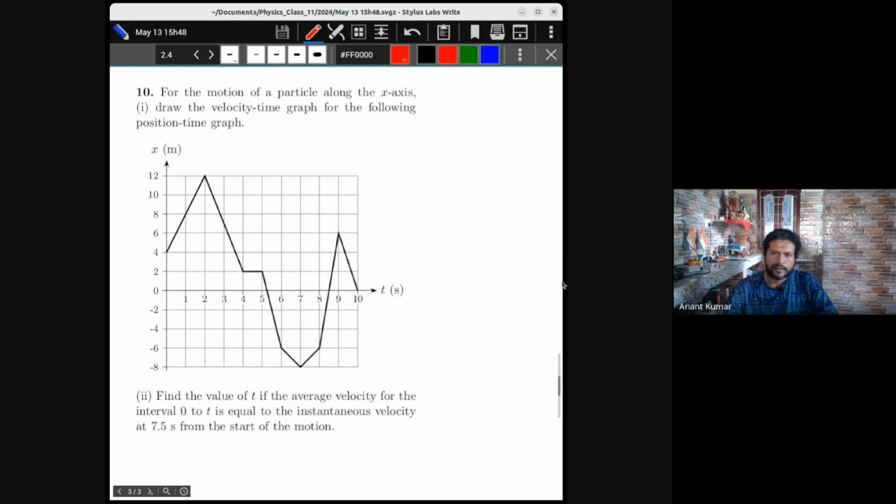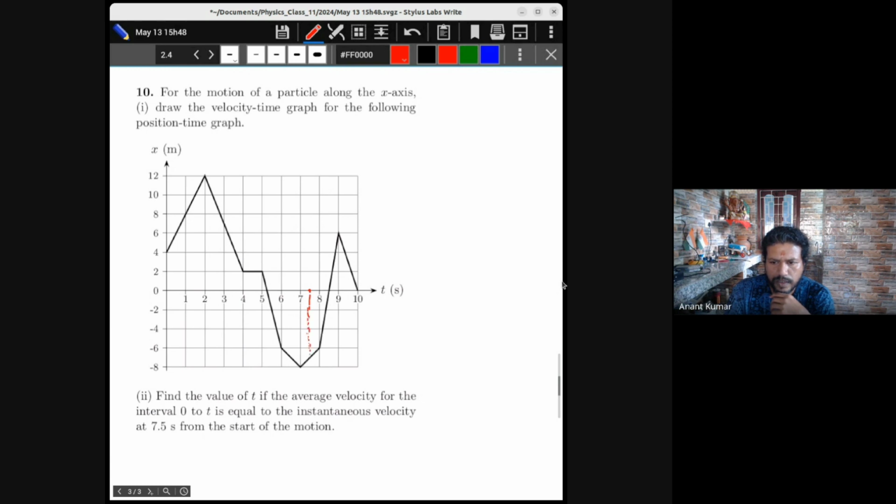The second question is to find out the value of t if the average velocity for the time interval 0 to t is equal to the instantaneous velocity at 7.5 seconds from the start of the motion. 7.5 second from the start, मतलब ये वाला time यहाँ पर. तो इस time पे जो इंस्टैन्टेनियस वेलोसिटी है